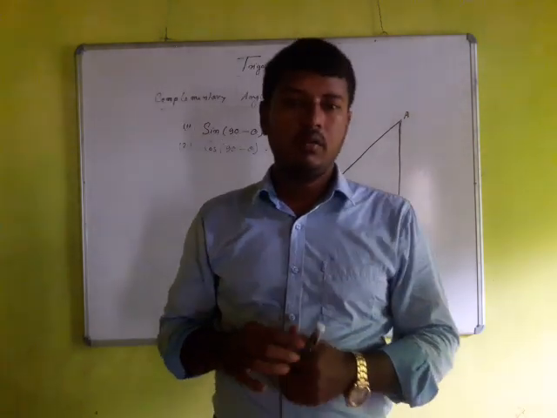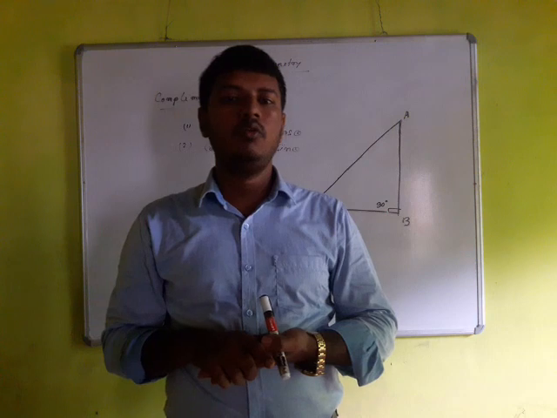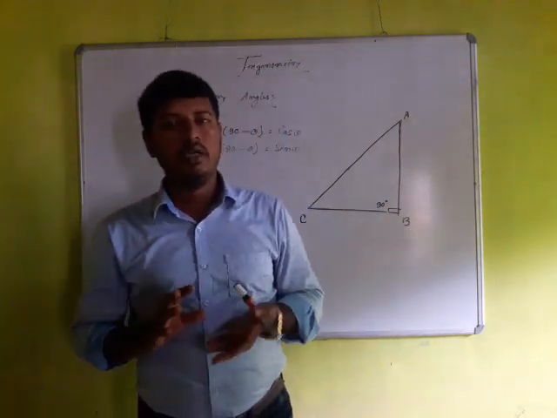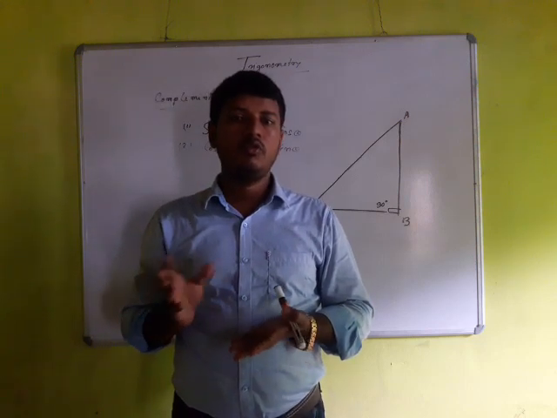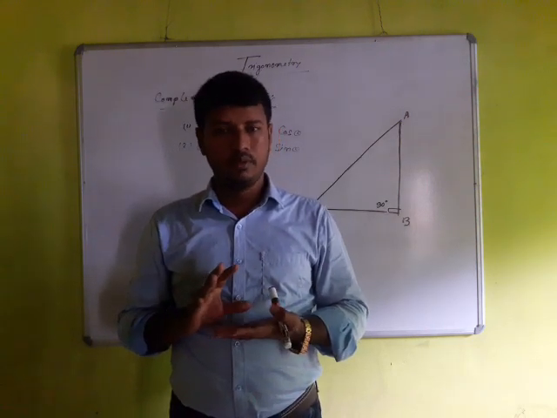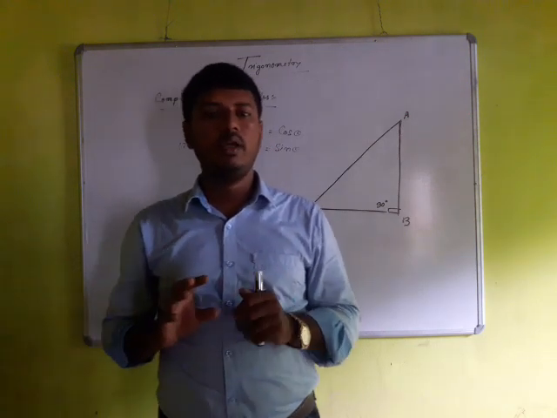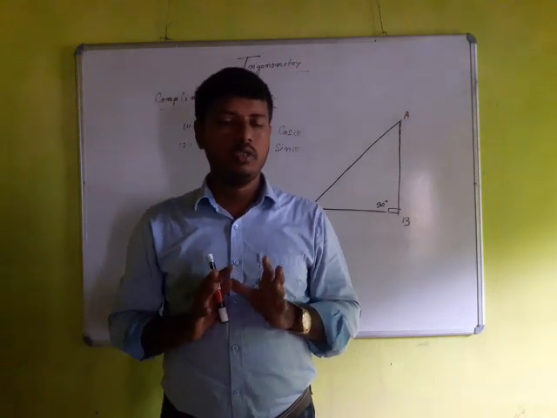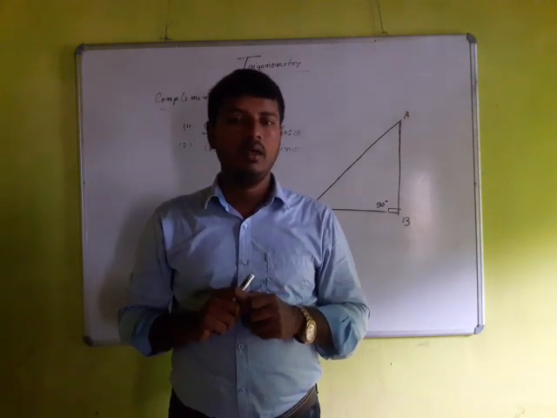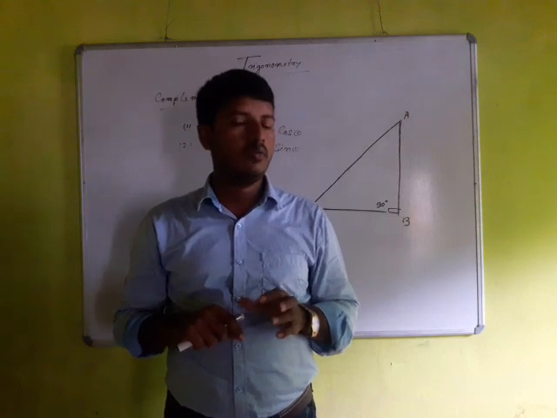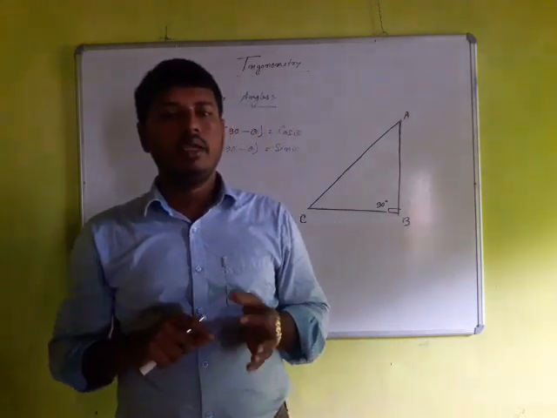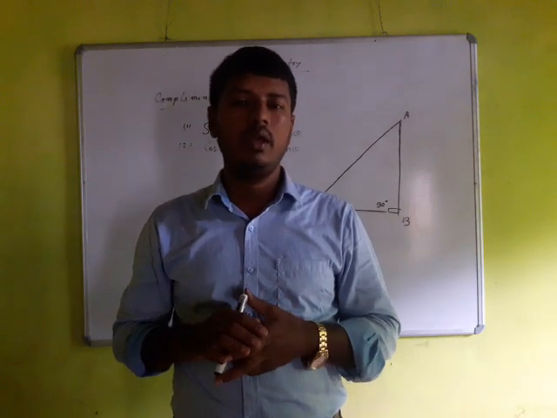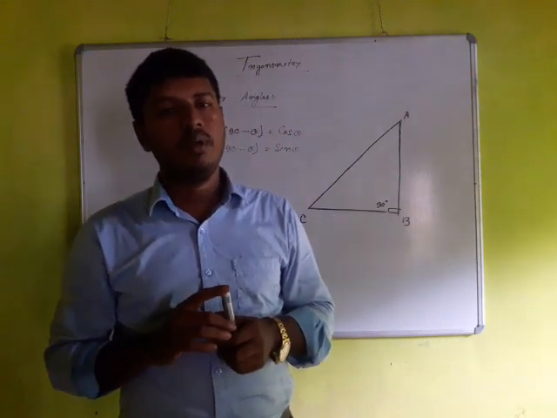So if the students go through the video, then they will be able to understand the basic concepts of trigonometry. In trigonometry, I have already told that we have to solve the triangle related problems, basically the right angle triangle related problems. We will get 6 trigonometric ratios, and after that we will get 3 identities of trigonometry, and you will get a table of various angles, where the values of these angles are given, and after that you will get the complementary angles.